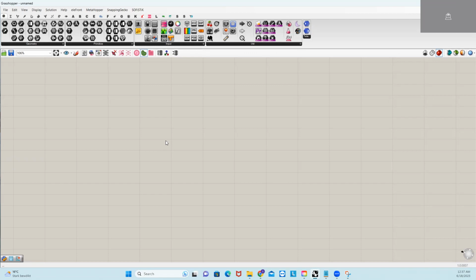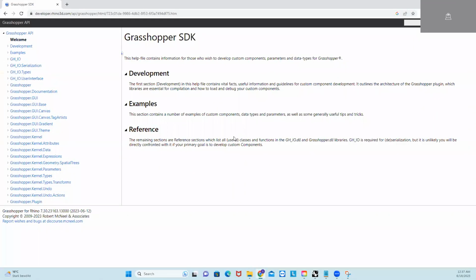For that, you can use this Python script, and you can change the colors of these groups automatically. To do this, we have to use the software development kit provided by Rhino, which gives us the opportunity to access the different components or functions in Grasshopper using different methods and the classes given in the Grasshopper